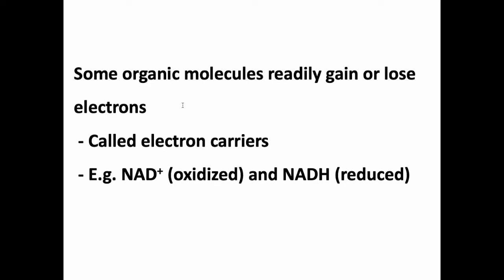They can become oxidized, they can become reduced. You can think of these things as little electron shuttles. They're called electron carriers, which is also a good name for these things. Little transportation trucks or whatever that are just going to take electrons from one part of the cell to another part of the cell, carry them, transfer them, whatever.